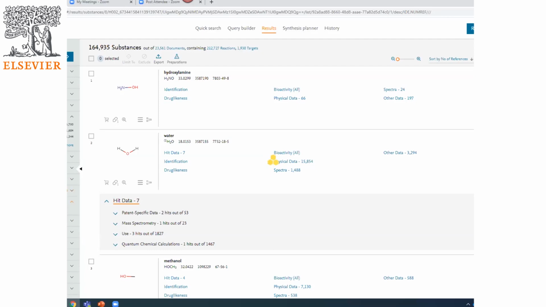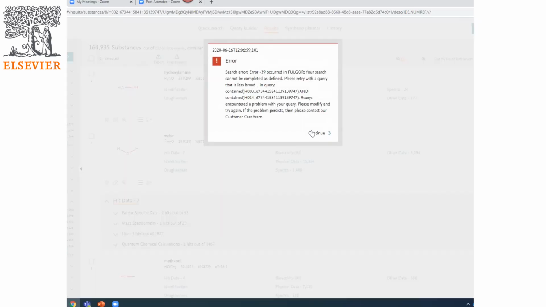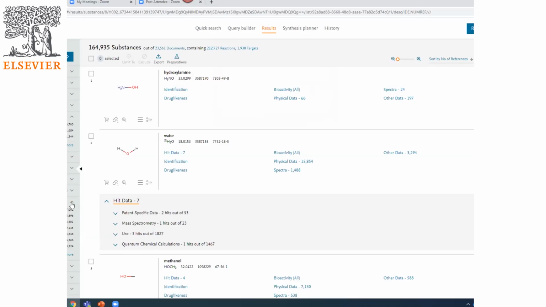Also, there are filters about available data. So, for example, if you got 1,000 different phenols and want to get the mass spectroscopy data, you don't want to browse all phenols, only some with mass spectroscopy. You can choose this filter. It looks like it was overcomplicated for Reaxys. We can try to do it later.